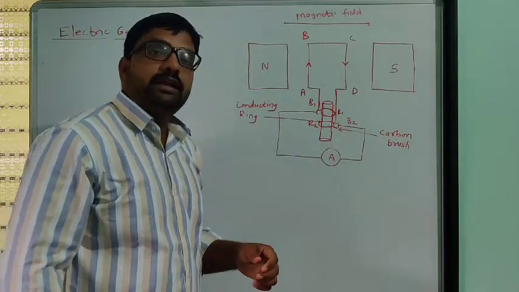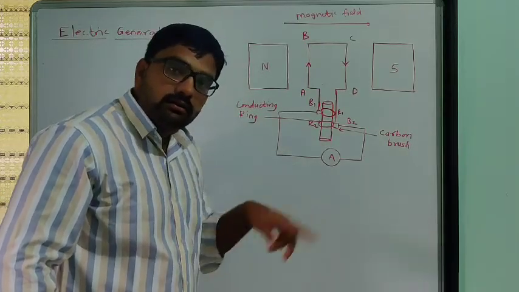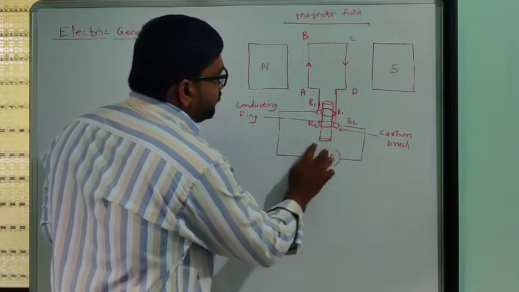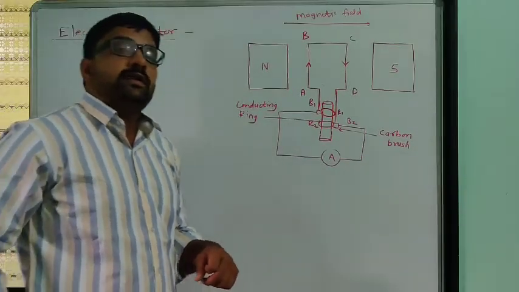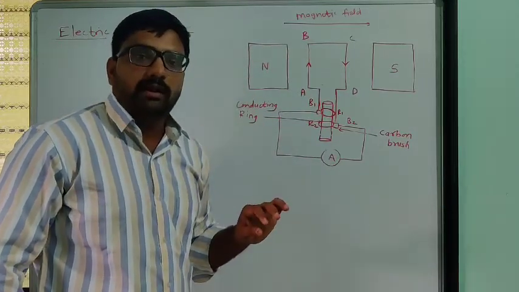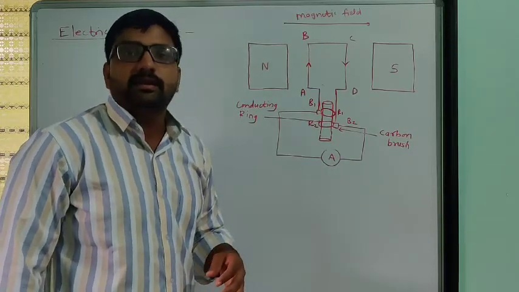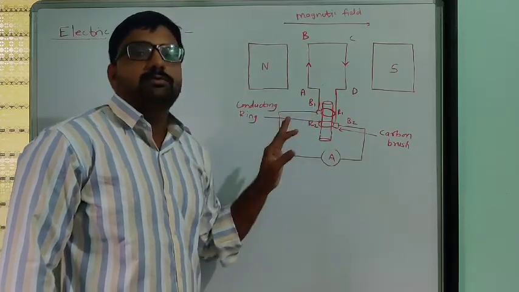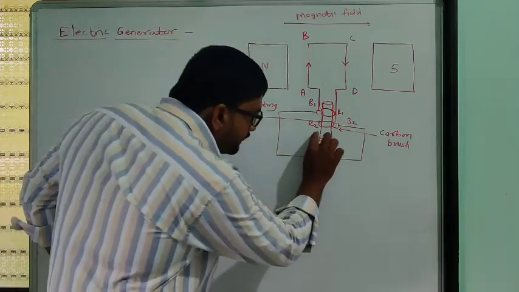In wind energy, the blades of the windmill rotate, and due to the motion of the blades, these turbines rotate. So the concept we use to move this axis defines the name of that power plant. We will see that in part 2, chapter number 5, green energy. That is totally based on that concept, and all types of power plants we have to study there. Here the concept is that we have to move this axle.